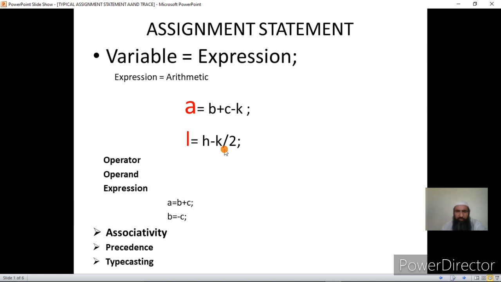So operator is a symbol which designates an operation. Now what is an operand? Operand is the argument on which the operation is performed. For example, the plus operation here will be performed between b and c. So b and c are arguments or operands.